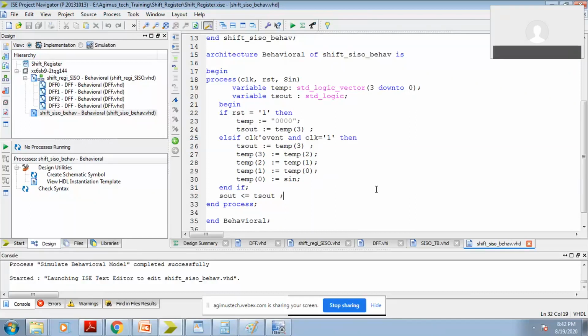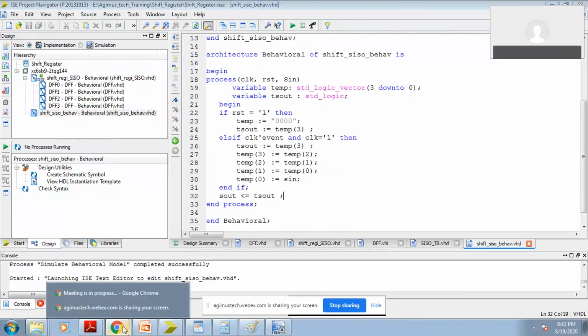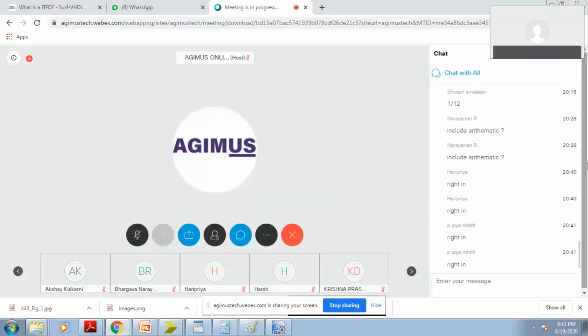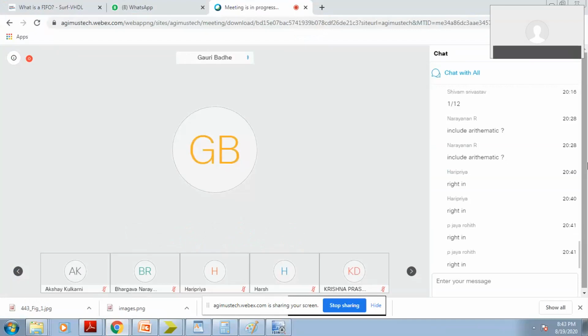Even we can implement the ring counter using shift registers, that is also possible. So what should be done in the ring counter? Yeah, exactly, it's a rolling kind of thing. The output, that last bit, is again coming as input for your shift register.